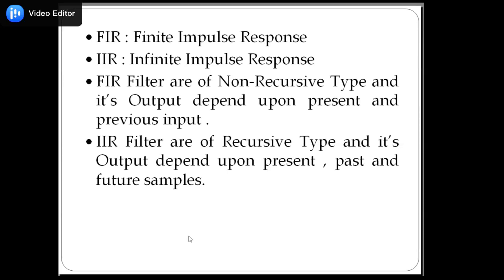IIR filters. First, FIR. FIR means finite impulse response. If you put in an impulse, that is a single one sample followed by many zero samples, zeros will come out after the one sample has made its way through the delay line of the filter. Why? The impulse response is finite because there is no feedback in FIR. A lack of feedback guarantees that the impulse response will be finite.